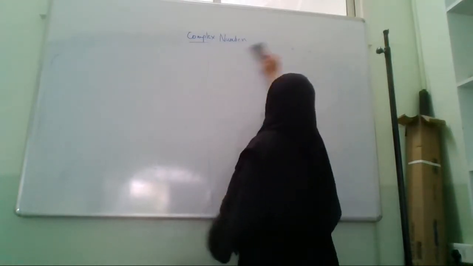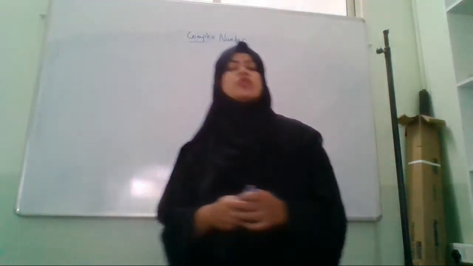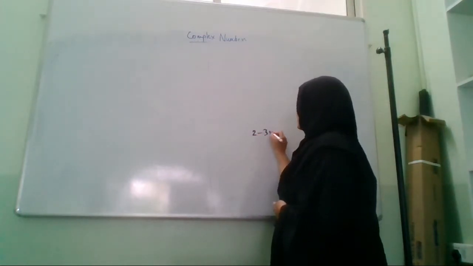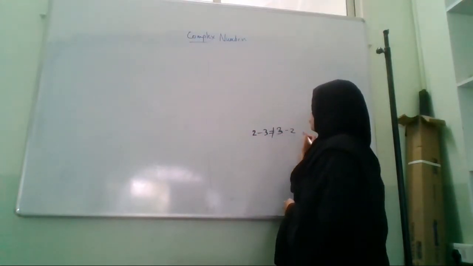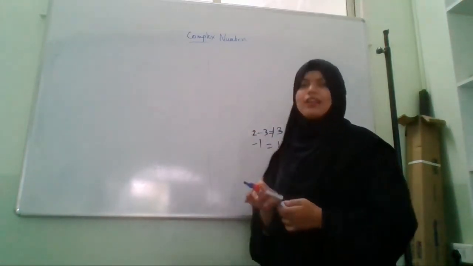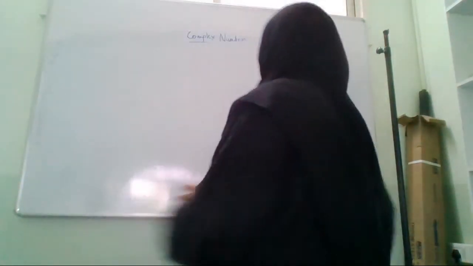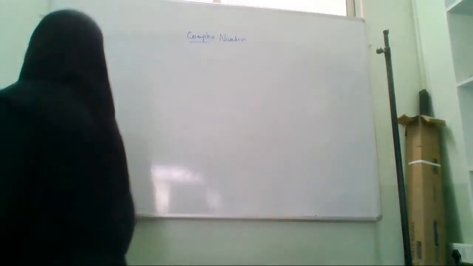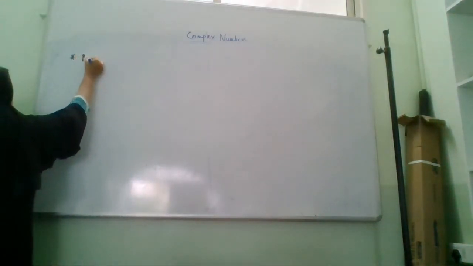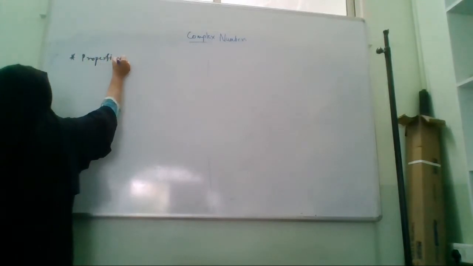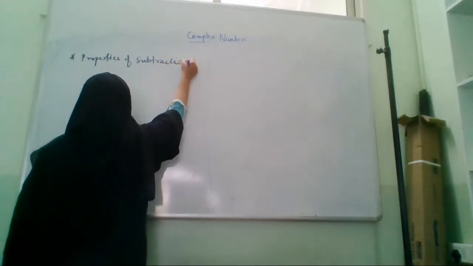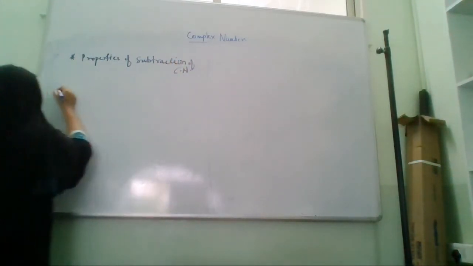Now we will see the properties of subtraction. See, the commutative and associative properties do not hold for subtraction. Like in real numbers also, 2 minus 3 is not equal to 3 minus 2, right? Here it is minus 1 and here it is 1. The sign is different. So the associative and commutative properties do not hold for subtraction of complex numbers. So the properties of subtraction of complex numbers: the first property is